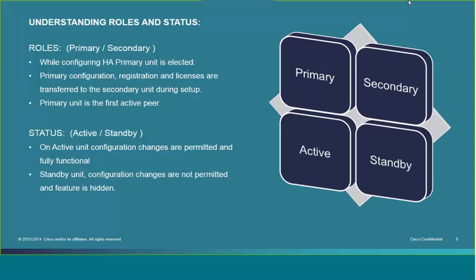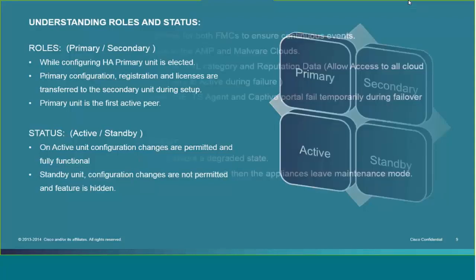The secondary will have all data wiped out, and this is something that we should really be careful about while setting up the FMC HA. Apart from that, there are active and standby statuses. So the primary will be the first active device, and there is an option to change the roles to active or standby. Based on the role, if the primary fails, then you can promote the secondary to the active unit. So these are the terminologies that we'll be using most commonly